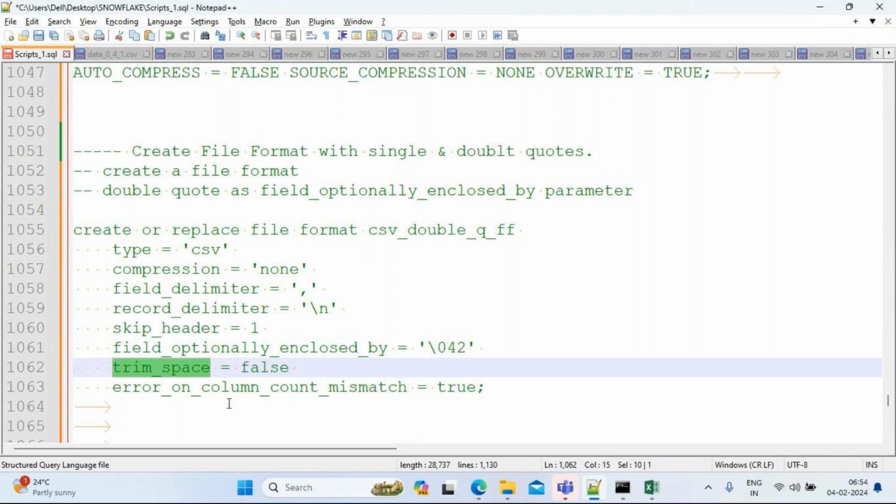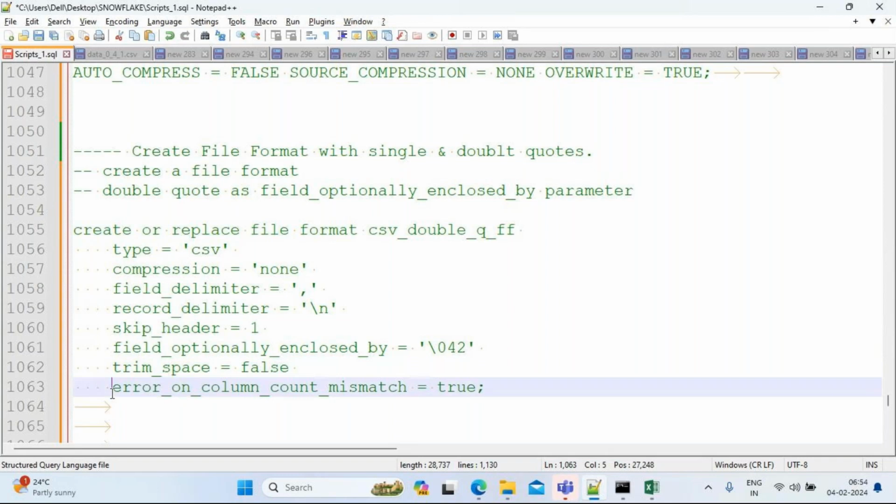And then error on column count mismatch true. Do you know what the property error on column count mismatch represents? We have seen this in the previous use case: whether I want to make it true or false. Can you say what is the use of error on column count mismatch? When do we have to use this parameter? When the number of columns mismatches, for example,